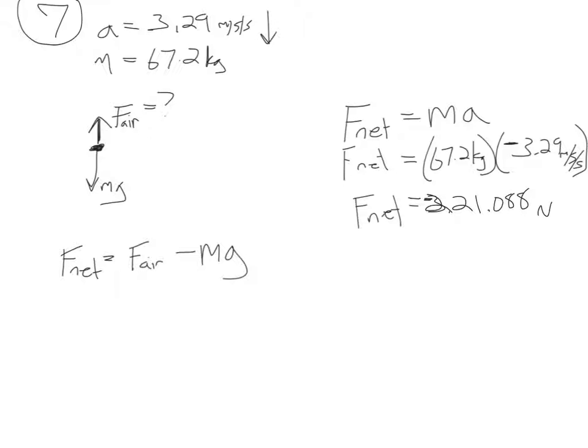Alright, so we have a net force, and that would then be negative. Why is it negative? It's in the downward direction. So that's what tells us that weight is winning. It's accelerating downwards. Alright, let's plug that back into our original equation here for net force. So we have negative